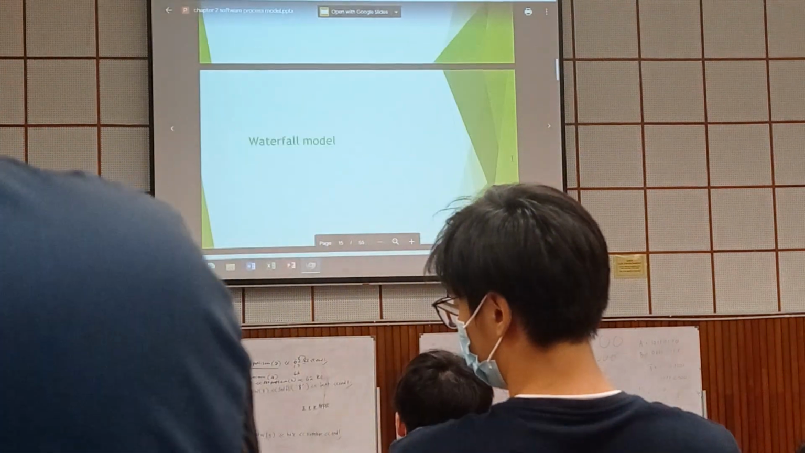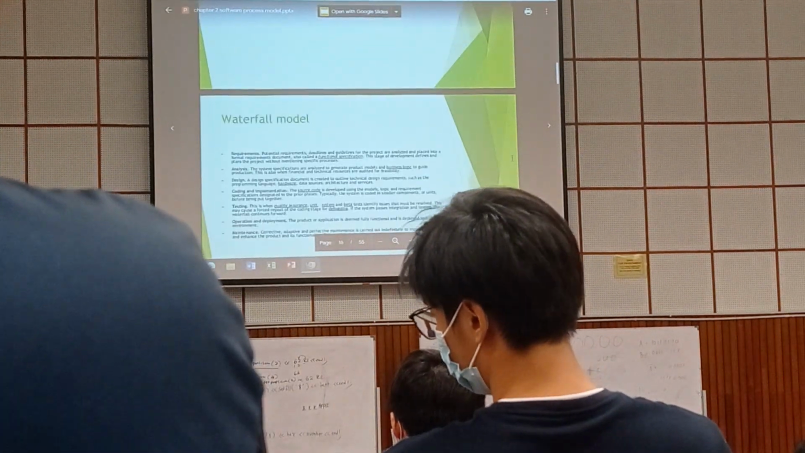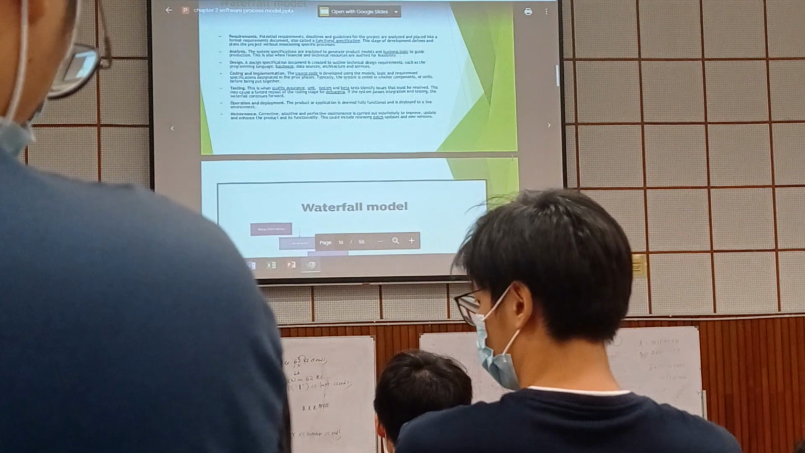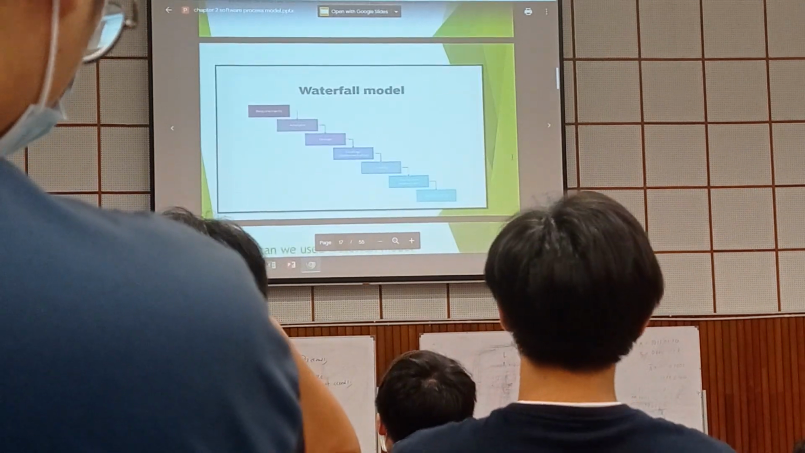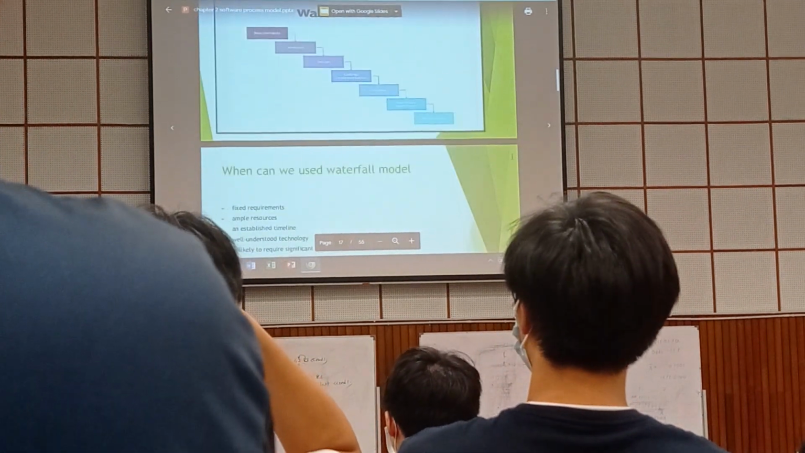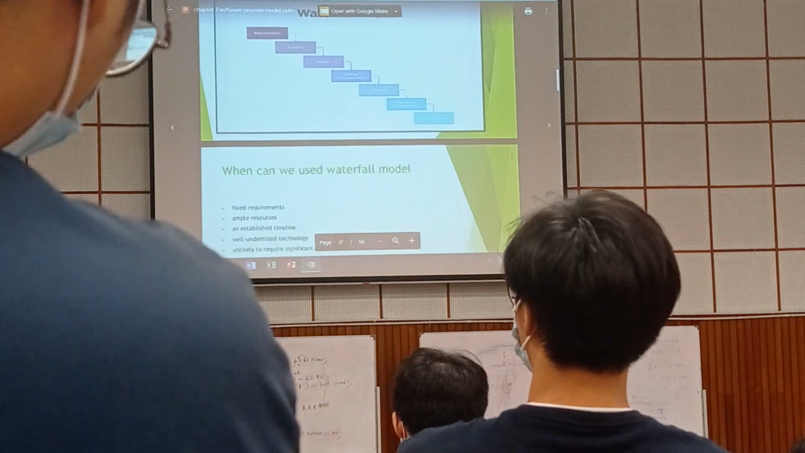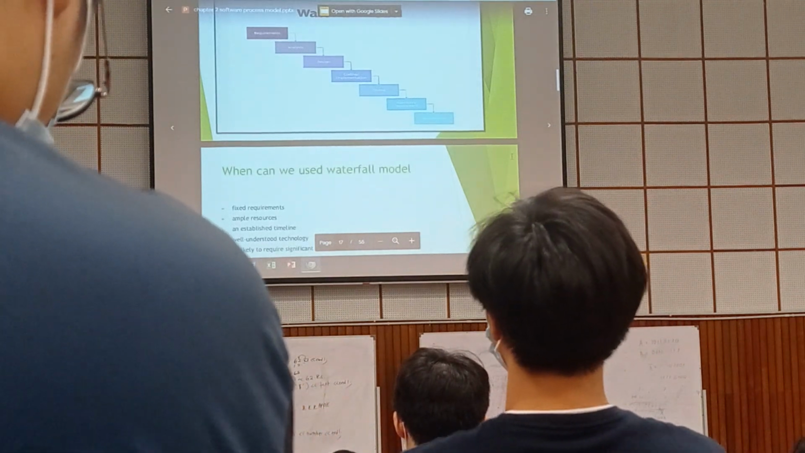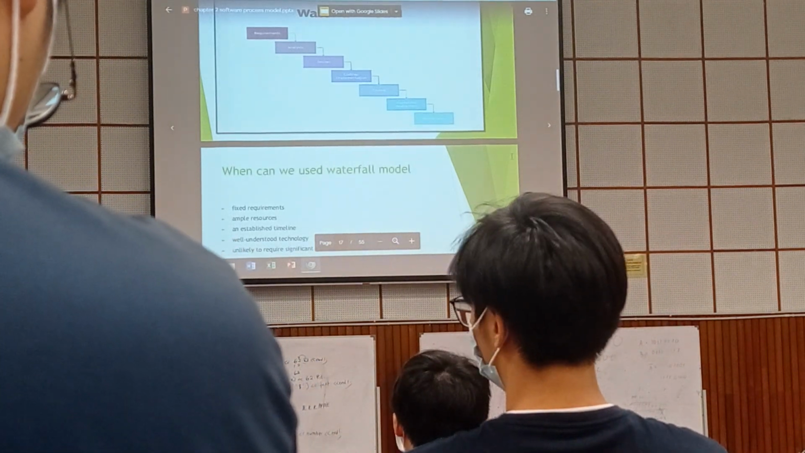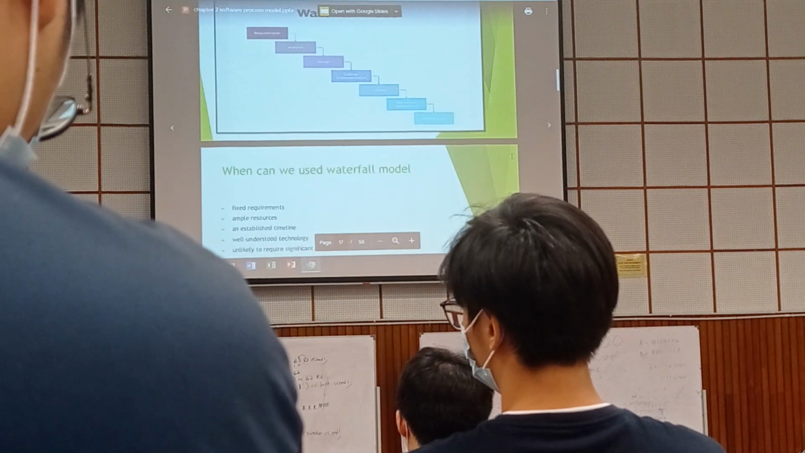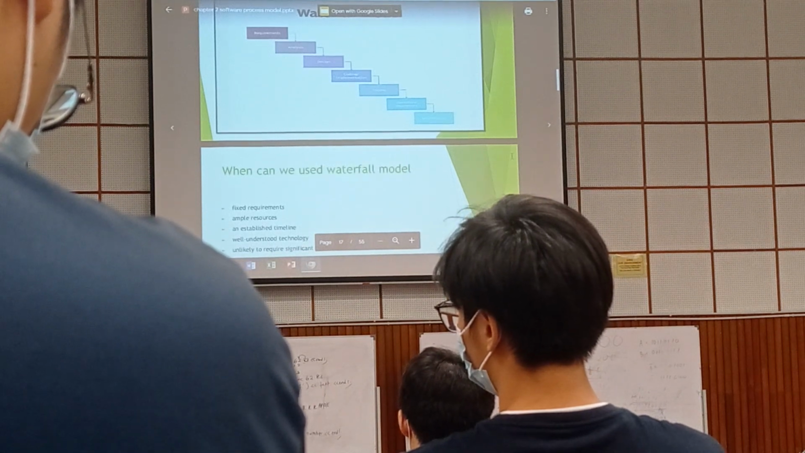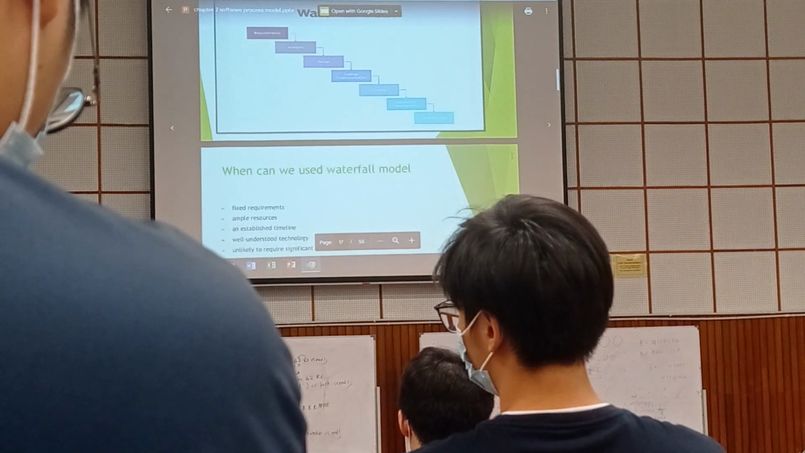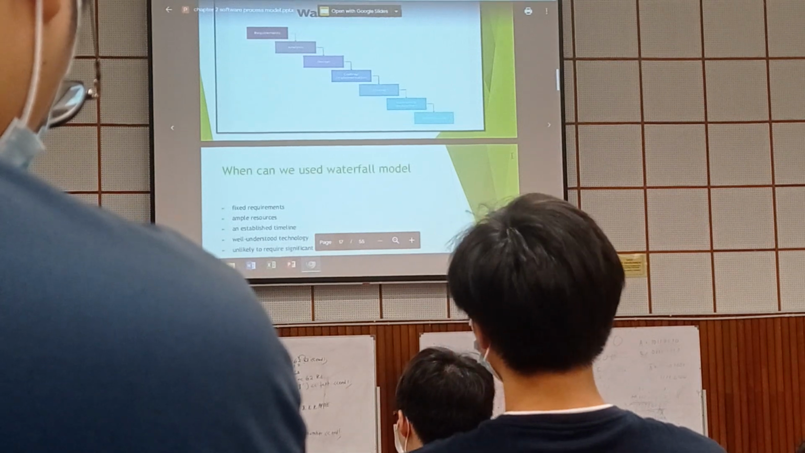Now, when we talk about the traditional, as I told you, the waterfall model, I don't want to read the stages. So this is basically the waterfall model stages. The first one is requirement. We have analysis, design, coding, testing, operation or deployment, and maintenance. So as I told you, waterfall